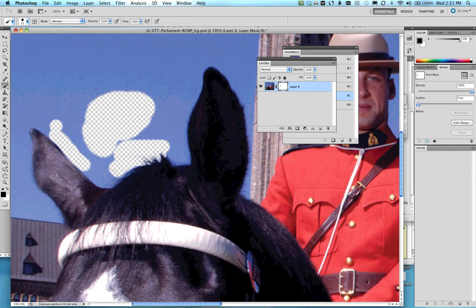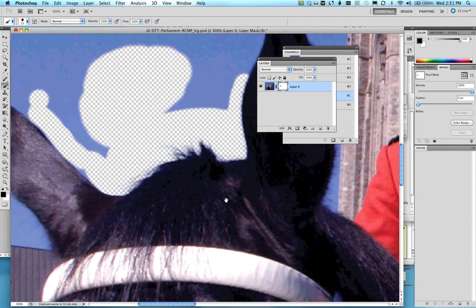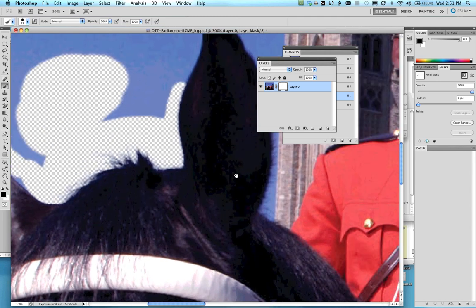And I'm aiming at the mask, and I'm using a brush with black, and I'm just going like this. And there you go. It's keeping the hair and getting rid of the sky. And actually, it got rid of maybe a bit more of the hair than I would really have liked, but